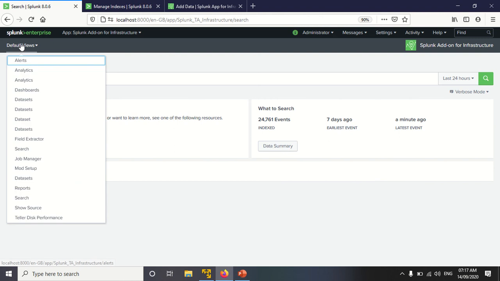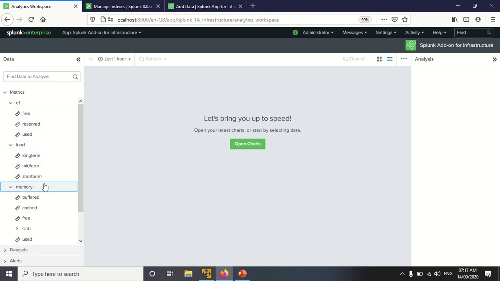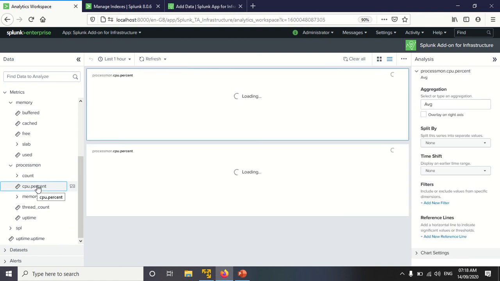If you go to Analytics, then Metrics, and choose any of these options, like CPU percent, and open the chart, then there will be charts from two different hosts.